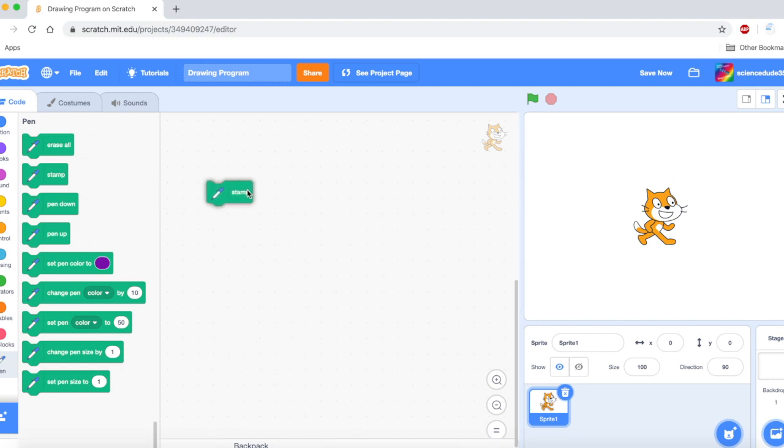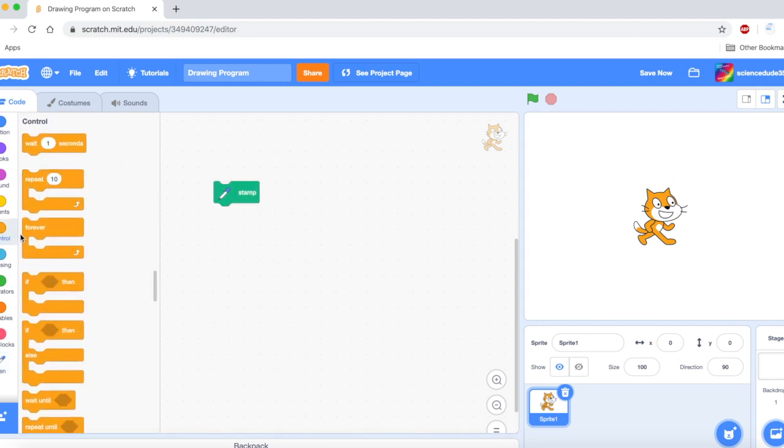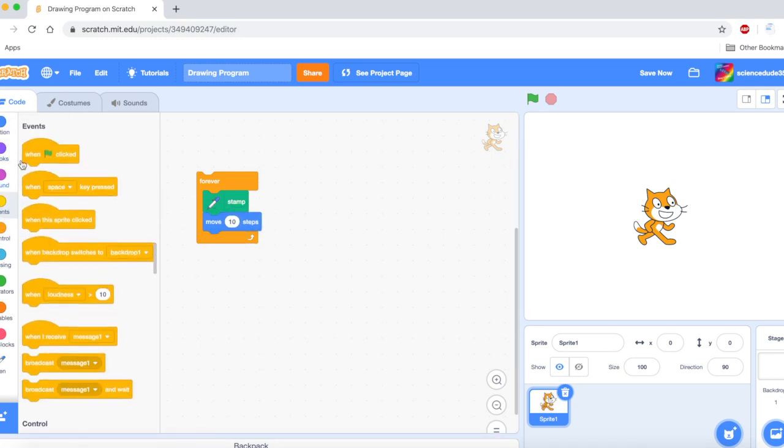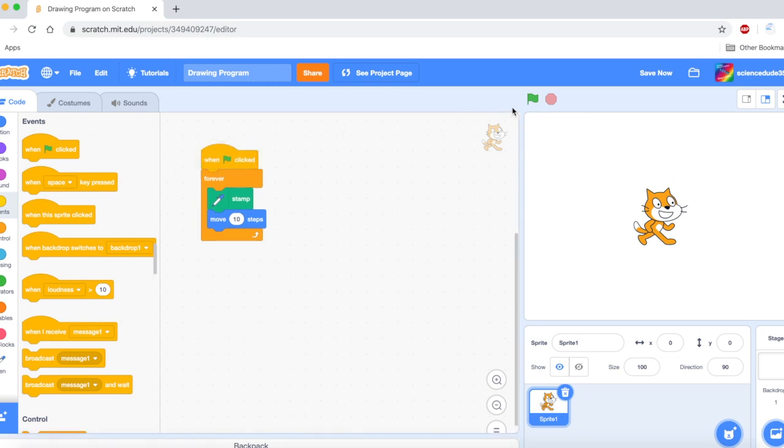Now, next we're going to be talking about the stamp block. To give you a better understanding of this, I'll put it in a forever loop, with move 10 steps, and when the green flag is clicked. Okay. So as you can see, it's just made a copy of itself